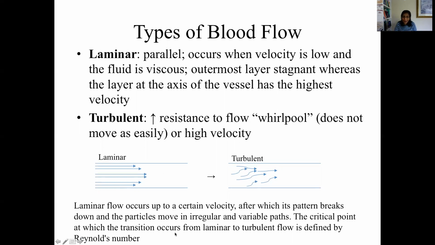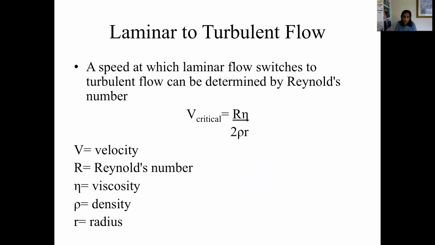All right, the critical point at which this kind of transition occurs from a laminar to turbulent flow is defined as Reynolds number. Okay, Reynolds number is the one that helps us figure out what the ideal velocity is to make the blood flow smoothly in the laminar fashion, and what speed, what velocity would switch it to turbulent flow. All right, so let's take a look here. Laminar to turbulent flow